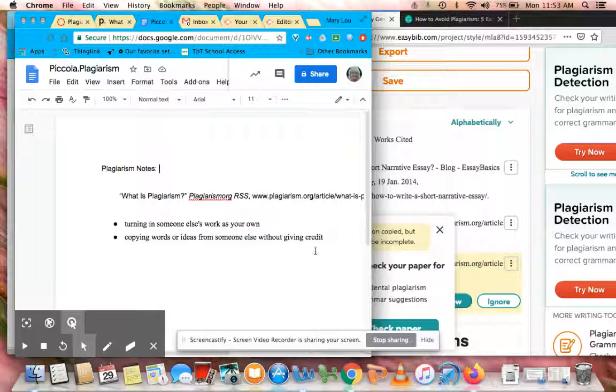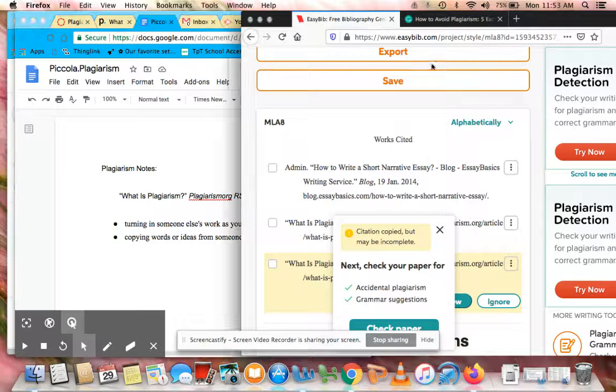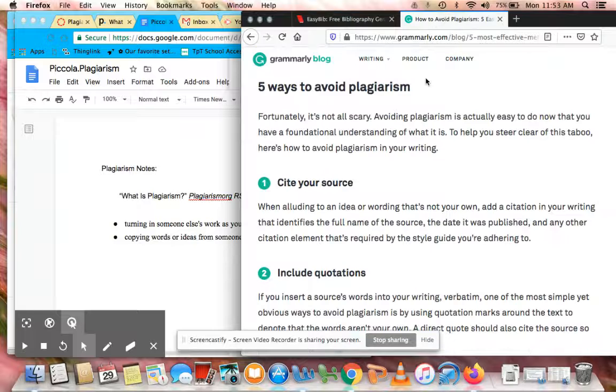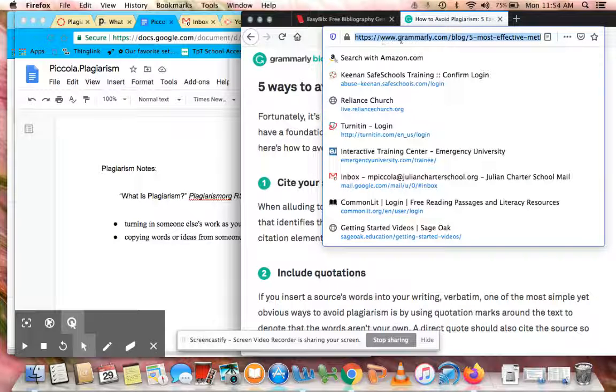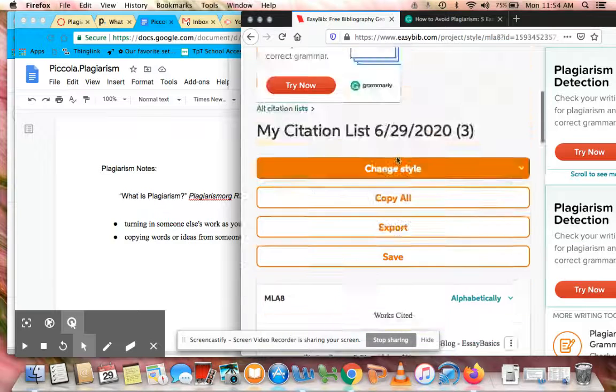All right, so now we are in part 2 of our plagiarism research notes with a works cited page. For time purposes, I'm going to go ahead and go to my next website. I found a website, How to Avoid Plagiarism, and I'm going to do the same thing. I'm going to copy the address of the actual website, Command C, go back to my EasyBib